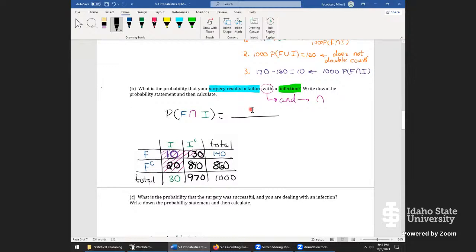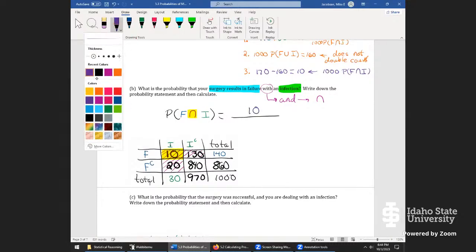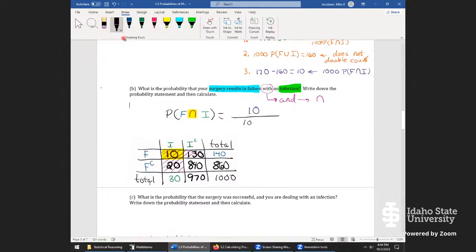Has anyone spotted it? It would be the 10, good call. When it says intersection, we're really just referring to one cell where F and I cross or intersect. That's kind of the reason why we'd like to call it intersection. So the 10 goes here, the 1,000 goes down below. Now it's just 10 divided by 1,000 to give